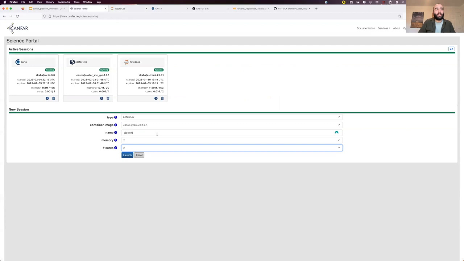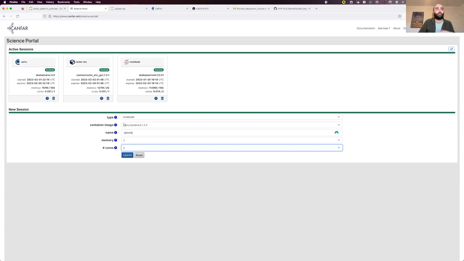And I want to highlight where the CANFAR Science Platform in particular is doing really good things because it allows user contributed software and session containers to be deployed. So for example, fundamentally, really, I'm a radio astronomer, although I don't like to admit it. And so something we have in radio astronomy is CARTA, which is for visualization. I think maybe many of you use it. It's a super nice tool.